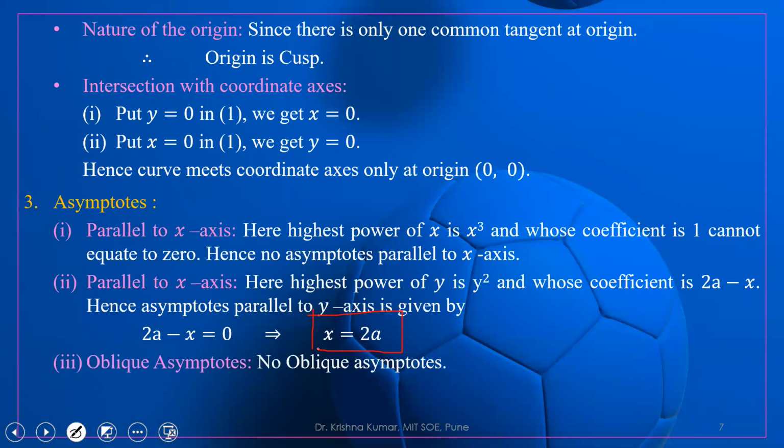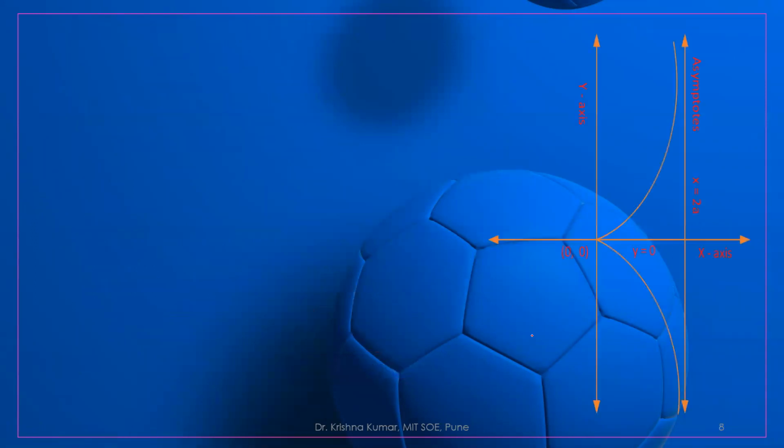So next thing, if we are getting parallel asymptotes, there will be no oblique asymptotes, right? Most of the time, 99.99%, if the equation of the given curve is an explicit curve, we get only the parallel asymptotes. We won't get any oblique asymptotes. So this is the third point. Let us come to the fourth.